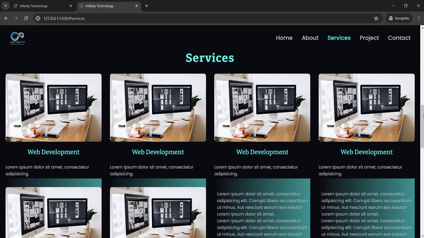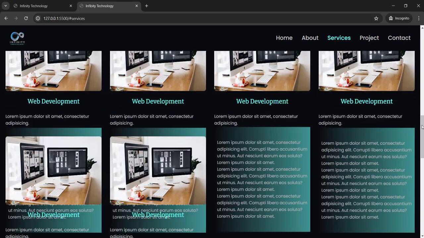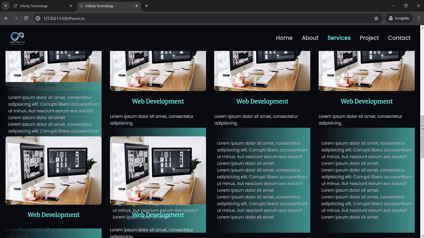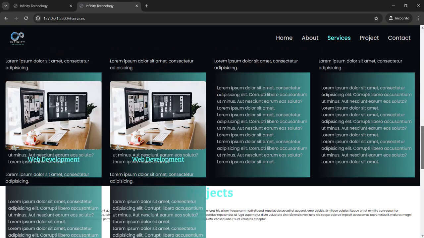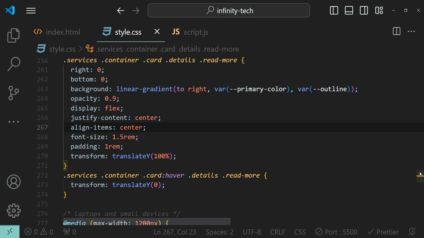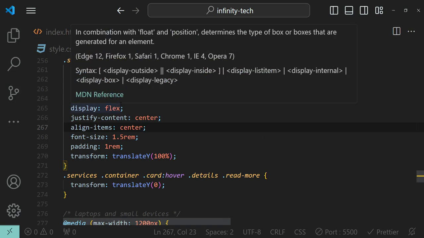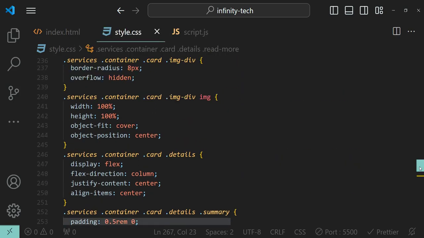But the problem is that when we are not hovering over any element, we can still see the read more section. For these two, it's over here. For these two, it's behind these cards, and for these two cards, it's over here. So we have to make sure it's hidden. So instead of working with display property, because if we work with display property, we don't see the smooth transitioning effect, what we are going to do is that we are going back to the card itself,